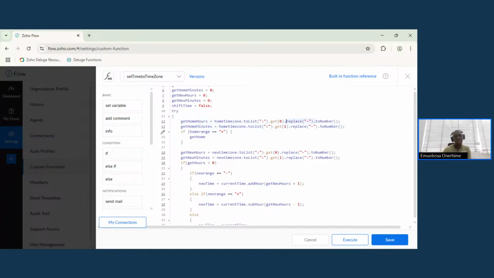So we're going to say that if home range is equal to plus, then get home hours, or let's even say if home range is equal to plus,